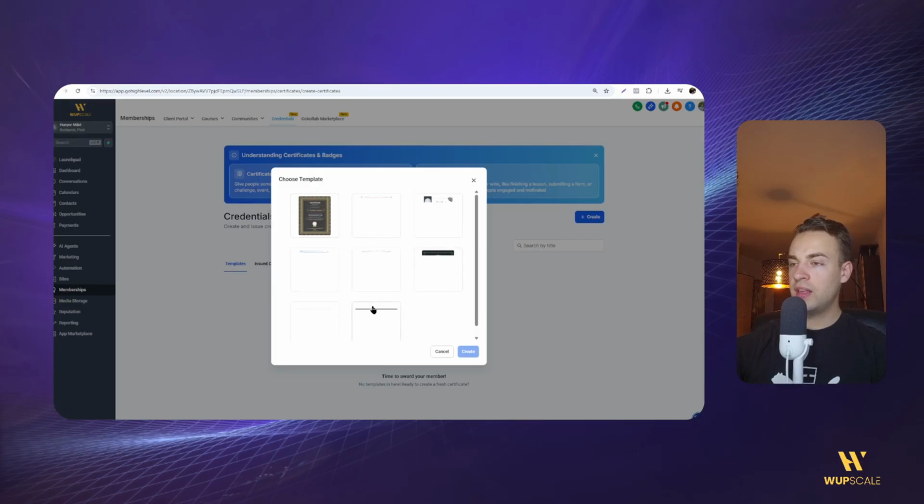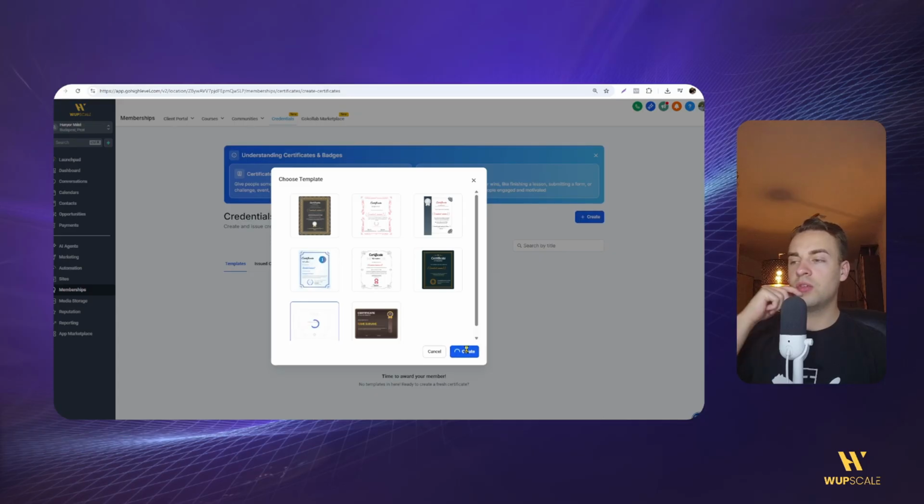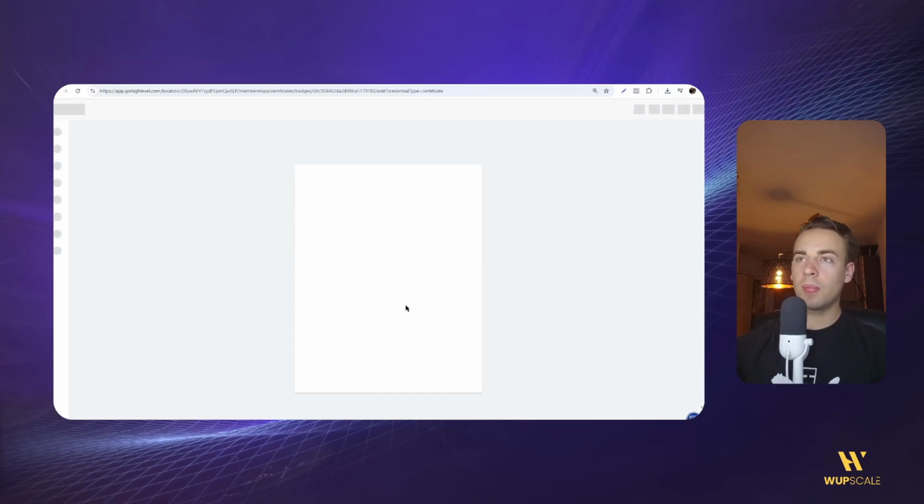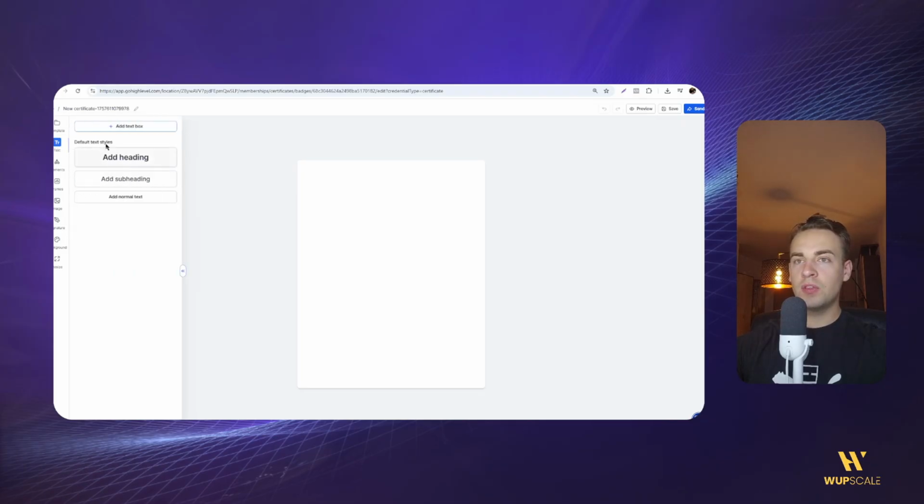Currently, there are 8 templates for these. This is one of the more classic looks. This one is a bit more updated. Let's go with this one and then hit create. And it's going to take you to the design part, and it's going to be similar to the QR code. You can make it a bit more on brand, change the colors, change the text, add a signature or resize the whole stuff. So you can just add a text box, add heading,